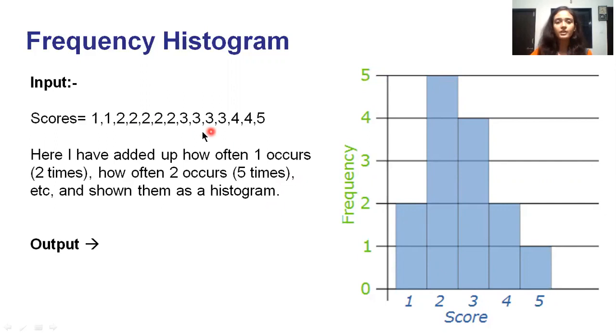In a similar way, we have 3, 4 and 5. Let's take the example of 4. You can see over here 4 is occurring 2 times, so my bar of 4 shows the frequency as 2. This is how my histogram is shown. Over here, I have the unique values of the observations on the x-axis of the histogram. My unique values are only 5, that is 1, 2, 3, 4 and 5. So on the x-axis I will plot only the unique values.